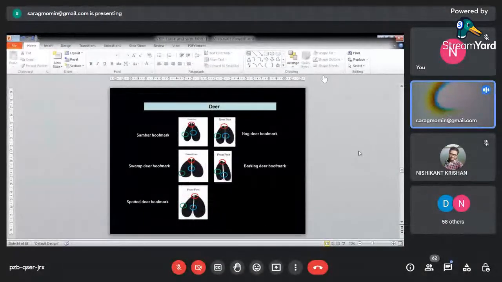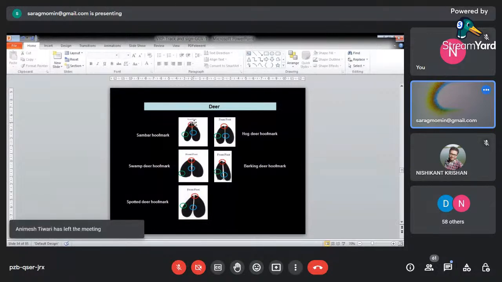So let me now compare the other species of deer: sambar, swamp deer, spotted deer, hog deer, and barking deer. Look at the tip portion. This one is pointed, here it is blunt. One is pointed, one is blunt. This is a huge blunt area. The right one is comparatively